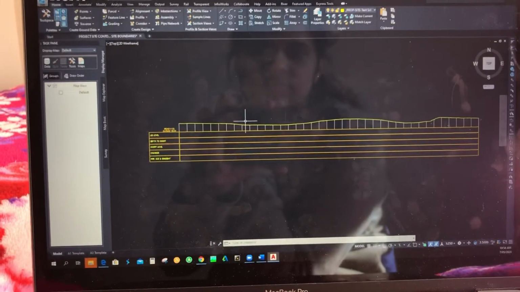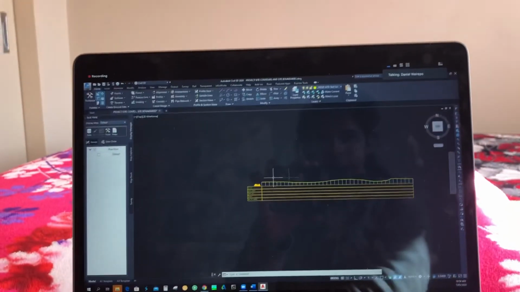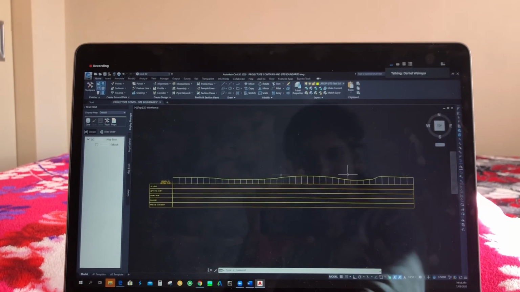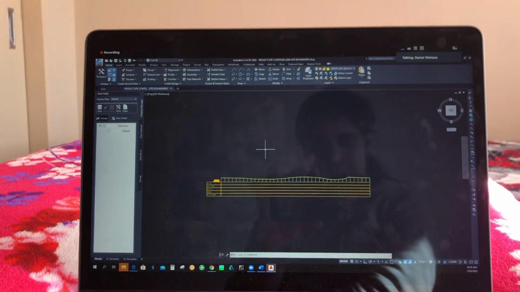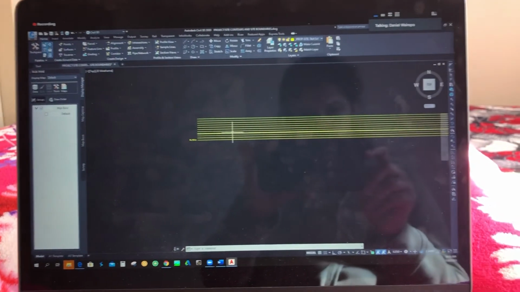If you do have the Civil 3D package, you can create an alignment within 10 seconds to show you what that original surface looks like. But for this one, if you're doing it in 2D, it takes a little bit